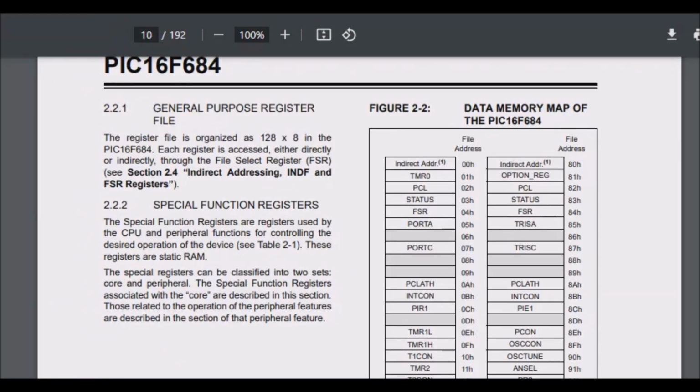Alright, so I'm kicking things off with the topic of bank switching. You might know about that already, and I do too, but I would like to really examine it closely to reinforce what I know about bank switching. So here is the data memory map of the PIC16F684,